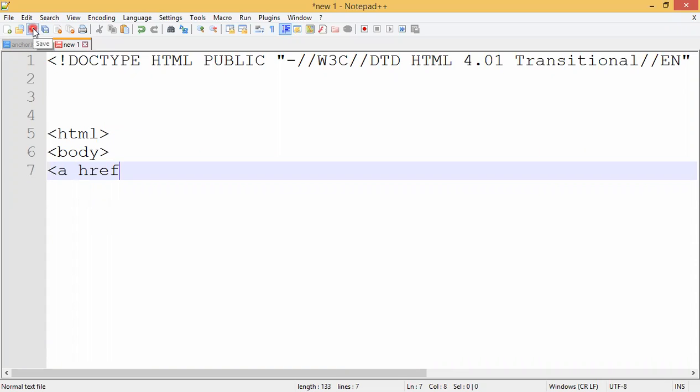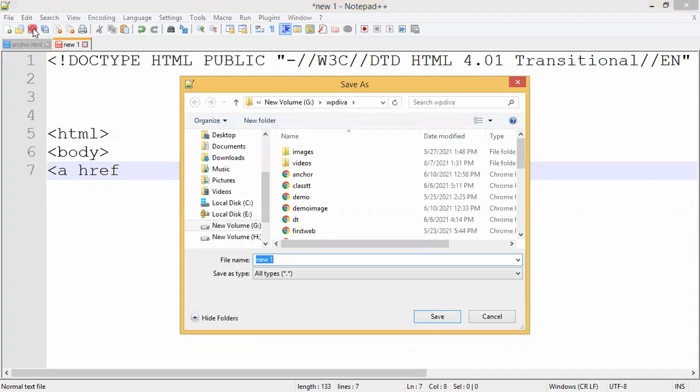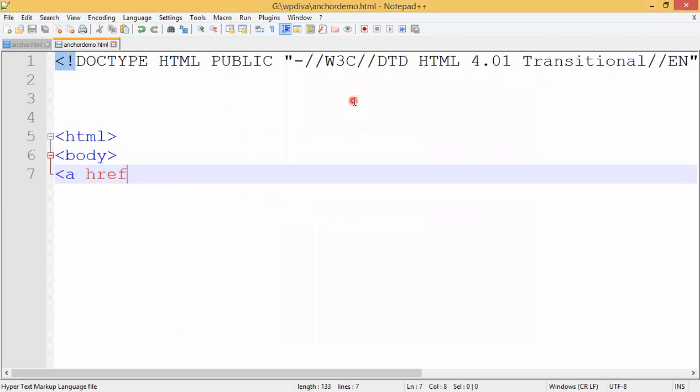I have to save the file. Let me save the file. So usually where am I saving the file? In this WP division A. So what will I take? Anchor demo.html. I'm taking it as anchor demo.html, and then I'm saving the file, right? Okay. So now